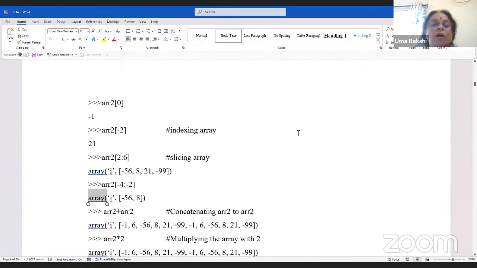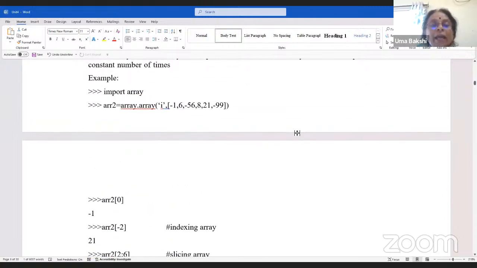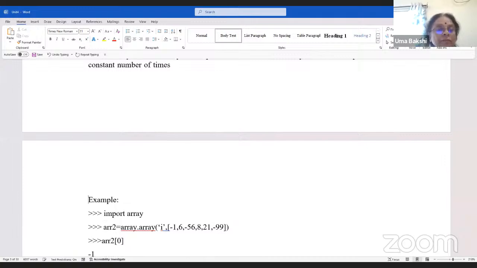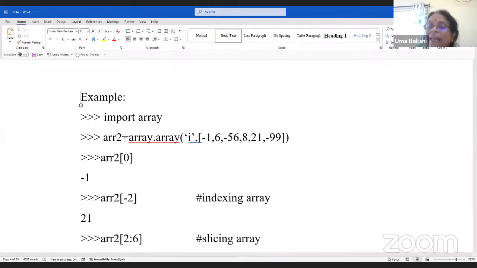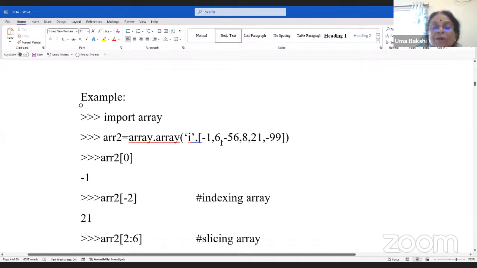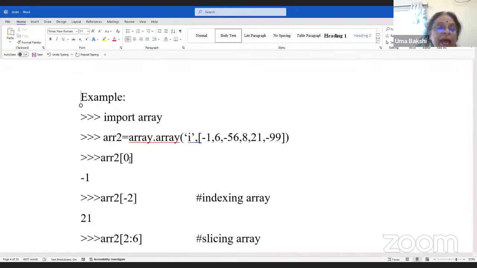Suppose array 2 at index 0. That means in the 0 position, what do I have? -1. If you see carefully, let me take it to the next page. I have an array; the name of the array I gave as 2. So I is the index where I have -1, 6, 50, -56, 8, 21, -99. So in array 2, in the 0th position, I have -1. In the second position, I have